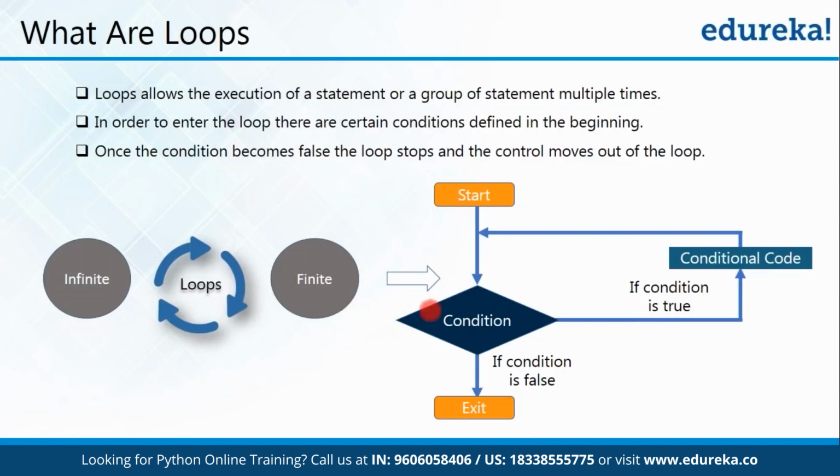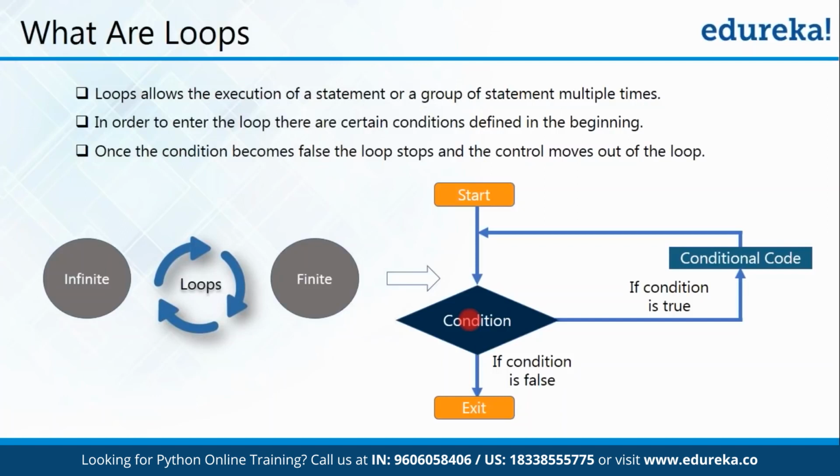One is finite. This is actually the flowchart for the finite loops, and another can be infinite. Now in infinite loops what happens, the condition will never be false. So at that time the control will never come out of the loop. So it will keep on repeating and it will never stop. That is what infinite loops are. So basically the condition will never be false, and due to that the loop will be executed infinite number of